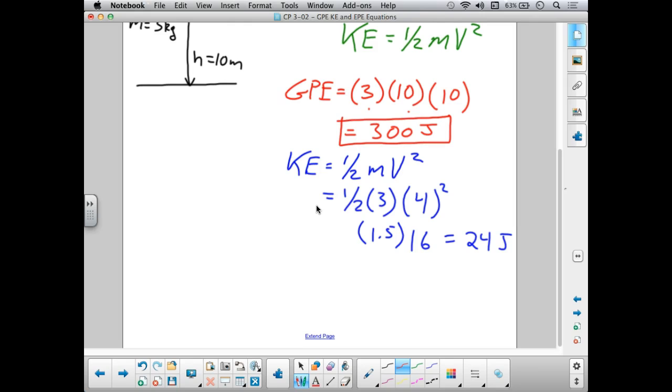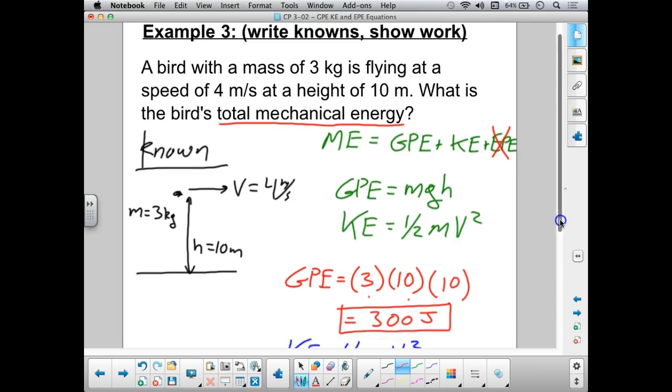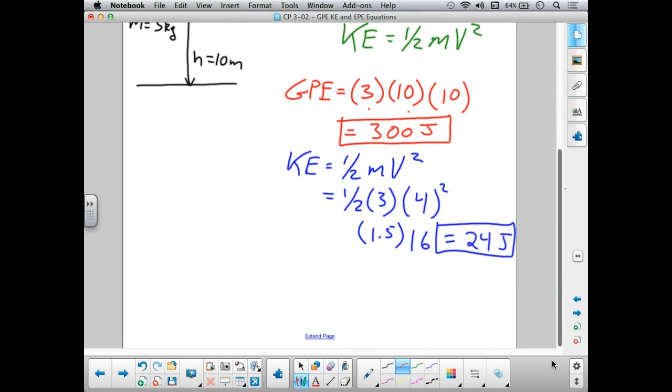So we have two forms of energy in this bird. We have 300 joules of gravitational potential energy because the bird is flying up at a height. And we also have 24 joules of kinetic energy because the bird is in motion. But I'm not done yet, because the problem has asked me to find the bird's total mechanical energy. This is what I'm trying to find. What is the bird's total mechanical energy? So I need to put these together